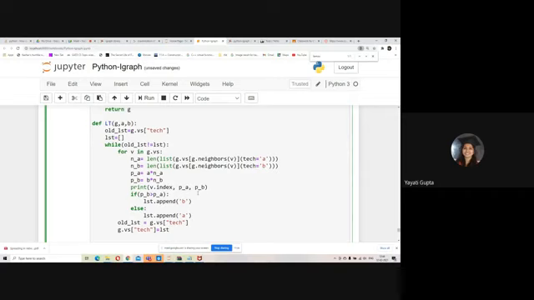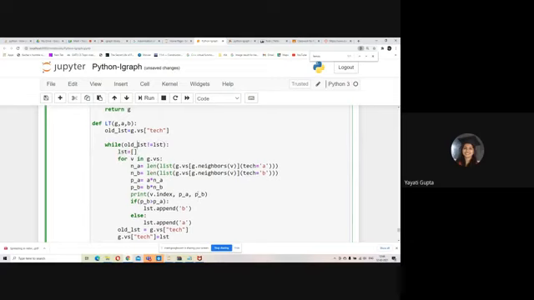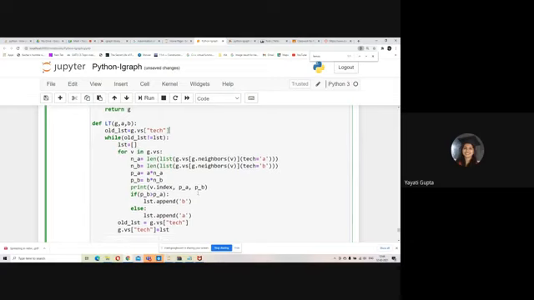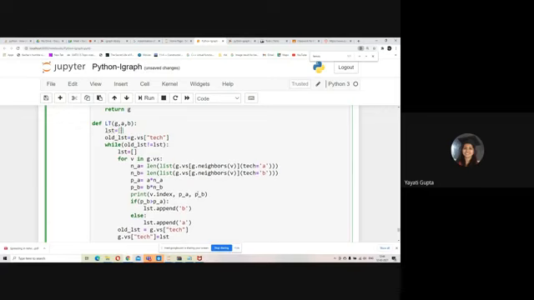Every time this list will be changed, so I have this LST here also. And then everybody computes their preference, whether they should be shifting to B or to A, and it goes into LST. All that is stored in old LST, and all the nodes change their technologies. And again, you check whether both of these lists have become equal or not, and you do this entire process again and again. Now what remains is our logic for those nodes which have already adopted the new technology. They should not change.